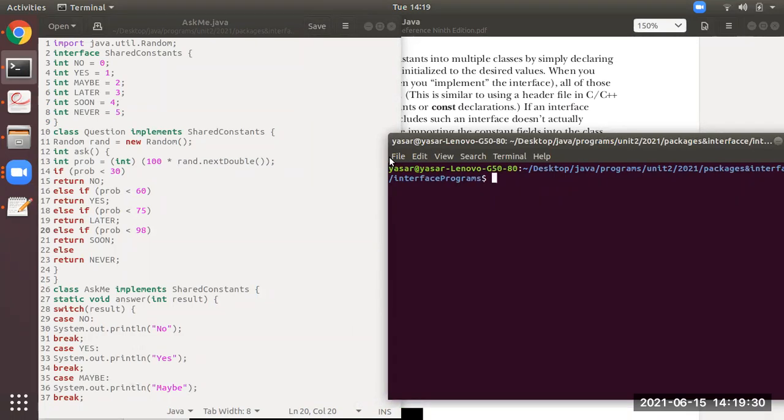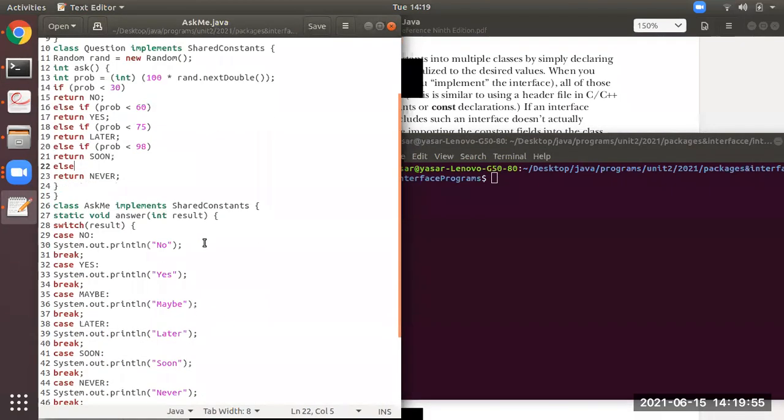What is the name of the interface? You can see over here, SharedConstants. The SharedConstants interface consists of variables, 6 variables over here. So this is one kind of demonstration for an interface which consists of variables also.